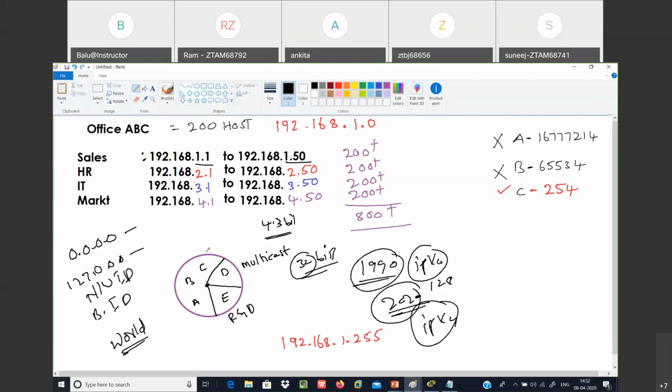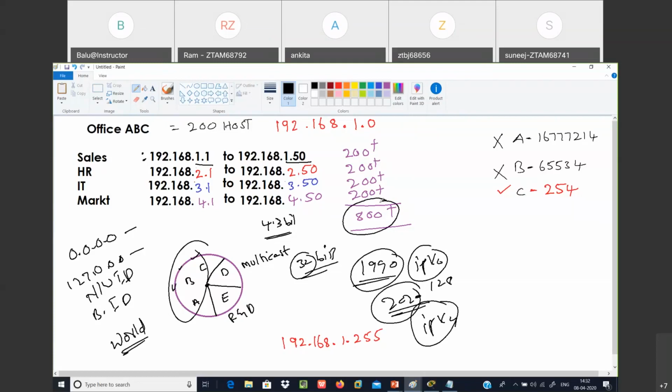Even after 20 years, we can survive with class A, class B, class C only. As a network engineer, we need to understand that logic. How we can survive with the help of IPv4 addresses only, and for the next generation too, the logic is